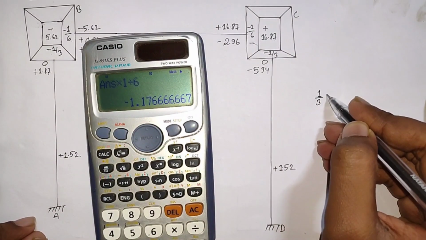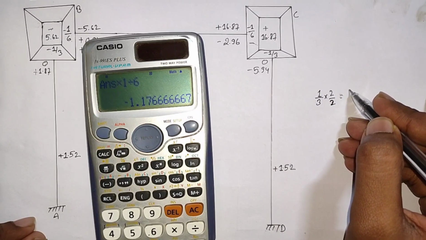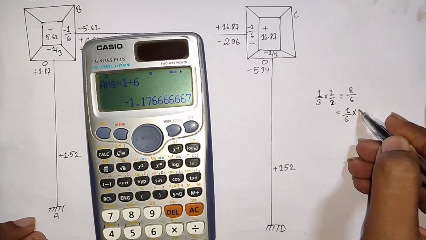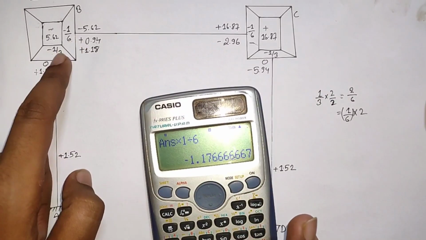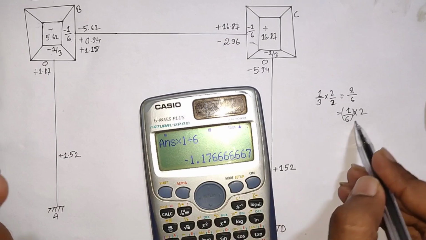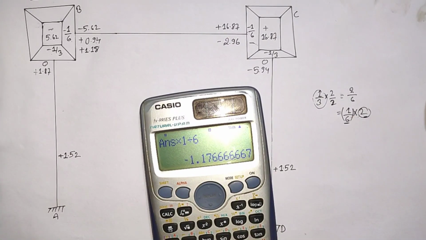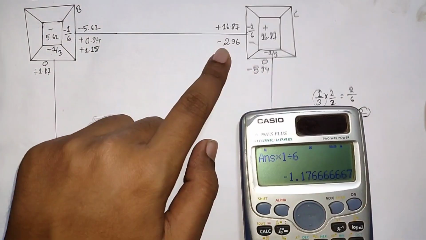If I multiply 1 by 3 by 2 by 2, then we will have 2 by 6, meaning 1 by 6 times 2. Do not get confused. 1 by 3 is actually twice of 1 by 6. If 1 by 6 is multiplied by 2, then we get 1 by 3. If it were another factor, we would again have to do the same thing,